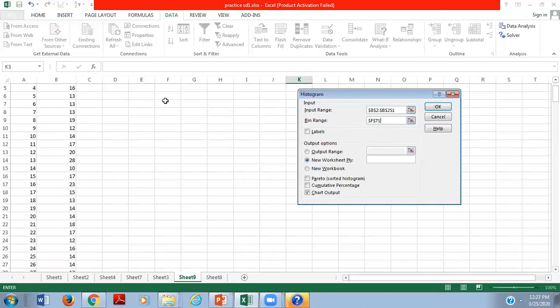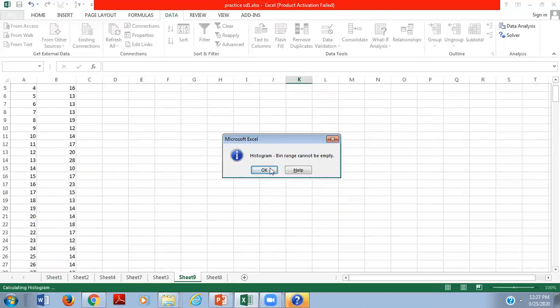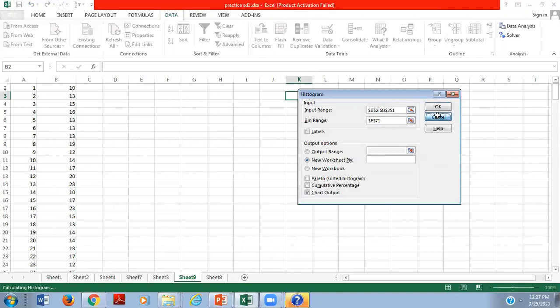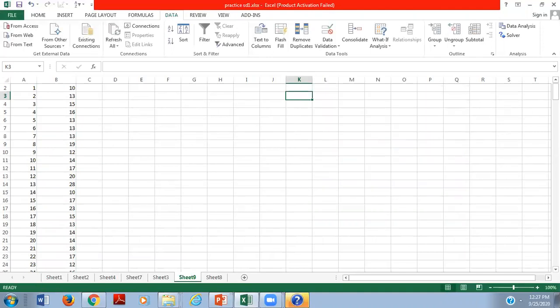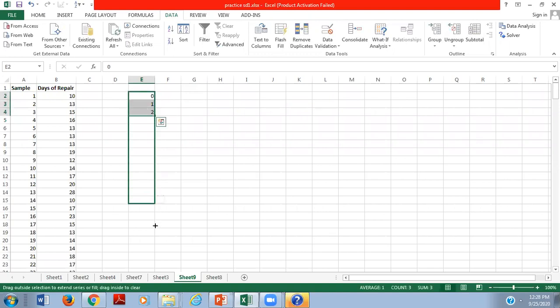Sorry, again we have to click. We have to cancel it, because we have to define the bin range also. So the bin range, we have to take from 1 to, we can take from 0 also, no problem. 0 is not possible for anyone. 1, 2, like this. We have to take up to 30 days.